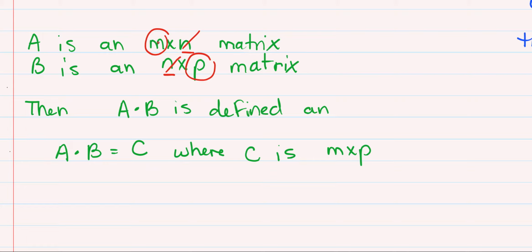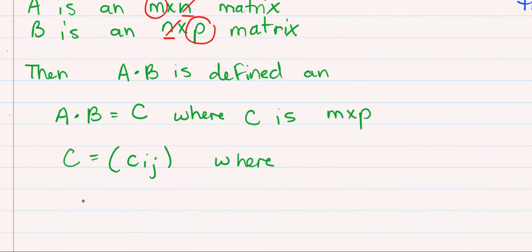So these numbers can be the same as n, they can be different. These two numbers do not have to be the same. The only thing is these two numbers have to be the same. The number of columns in A has to be equal to the number of rows in B. Okay? So C is m by p, and C, which is equal to Cij, where Cij is equal to